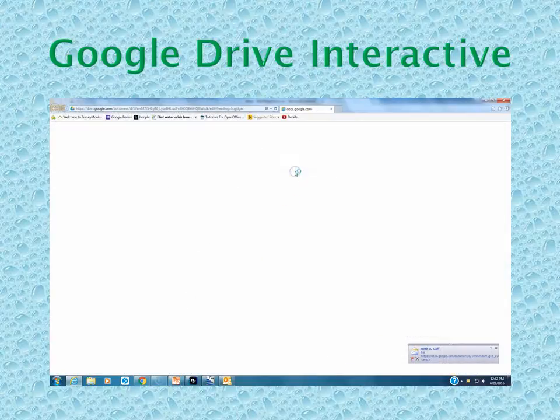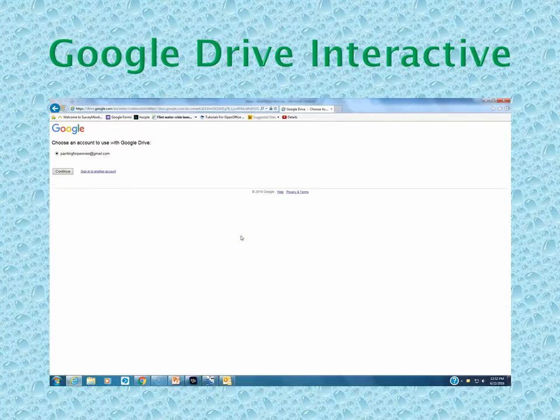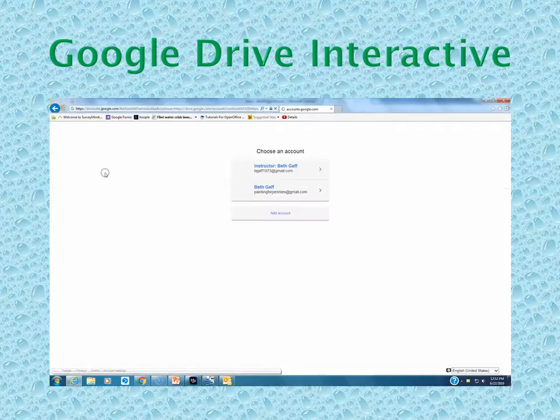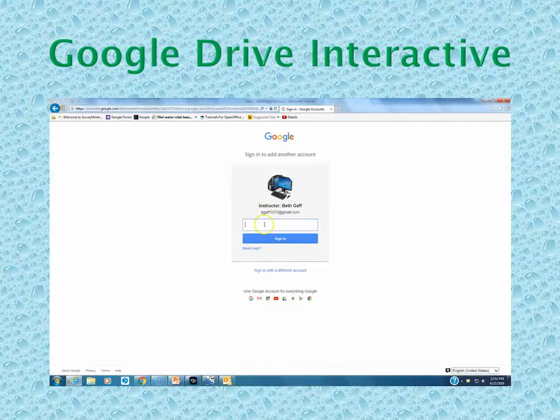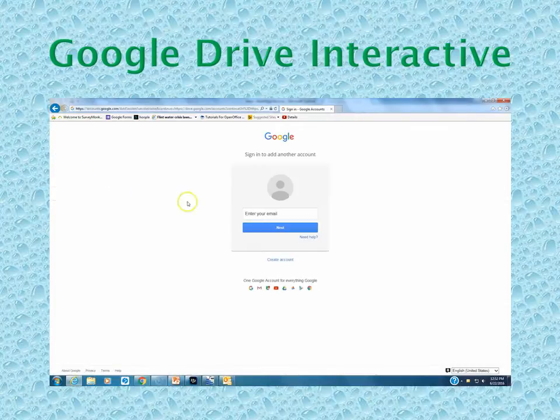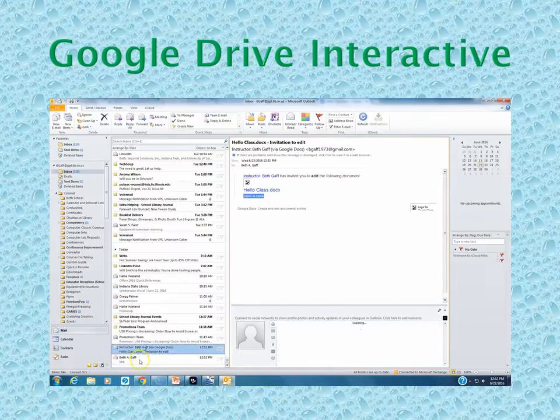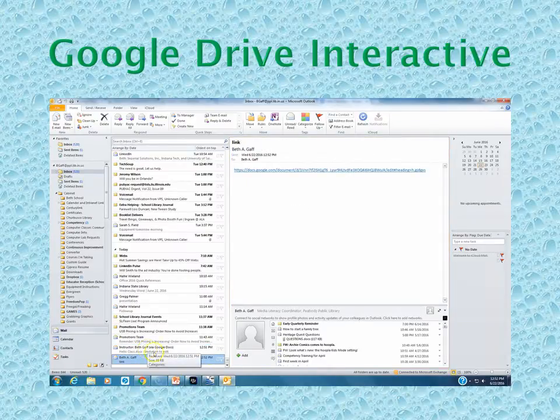So if I push on this, oh, I need to switch accounts. That's what I need to do. Let's try my account that I did all this with, which makes sense. Okay. So anyway, there's my link. It gets me in, and now I'm able to edit it and things along those lines. That's how you do that collaboration and that sharing.